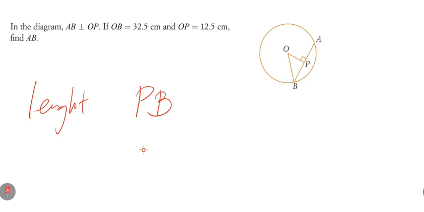OP is perpendicular to AB, which means that triangle OPB is a right-angled triangle with the right angle at P. Now, moving forward, we write out the hypotenuse. The hypotenuse is OB, which is equal to